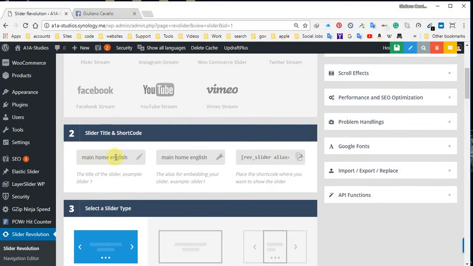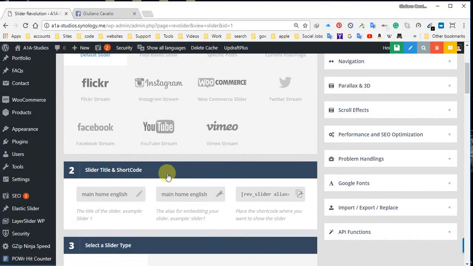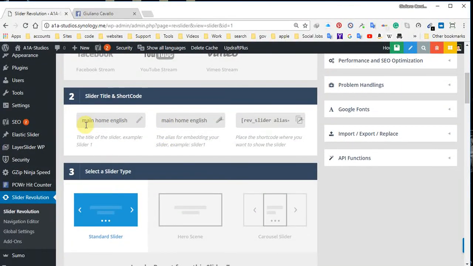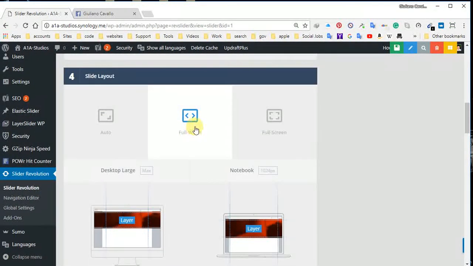Then you wanna name your slider. I'm working with 4 languages, so I'm gonna have to make a slider for each. That's why this one is called main home English. The other one will be called main home Spanish, and then main home Thai, and so on. Then pick the standard slider, full width,